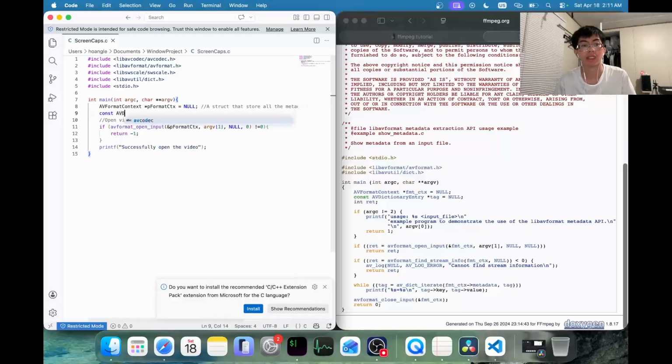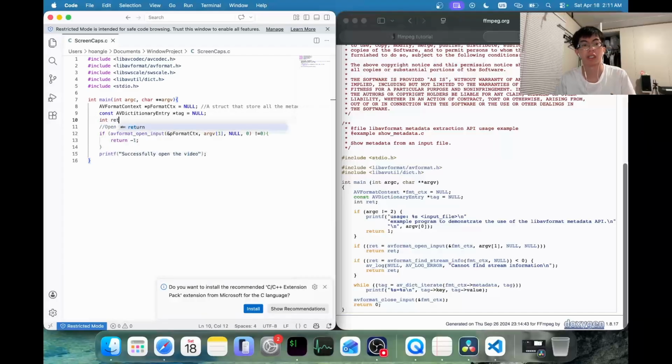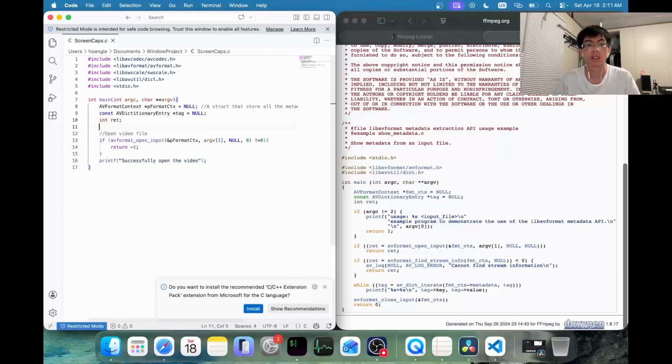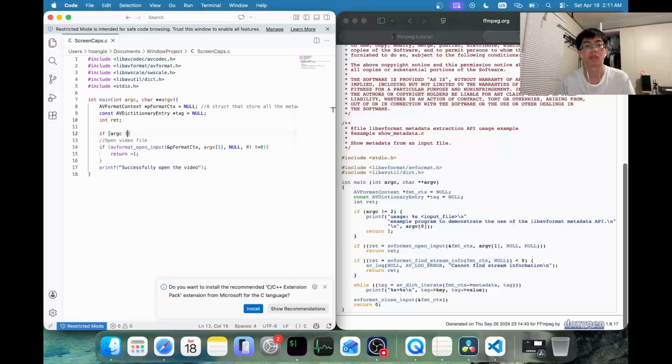AV dig scenario, entry tag, equal no. What does this do? Okay, in red. Let's check for the command line argument of argc not equal to